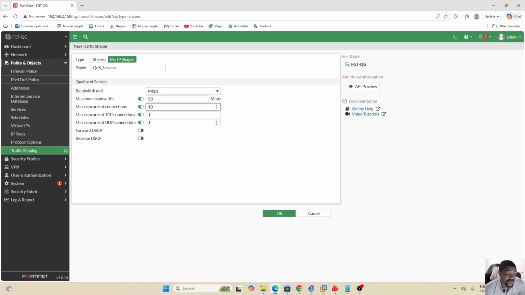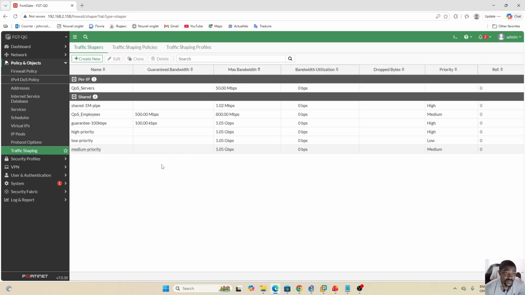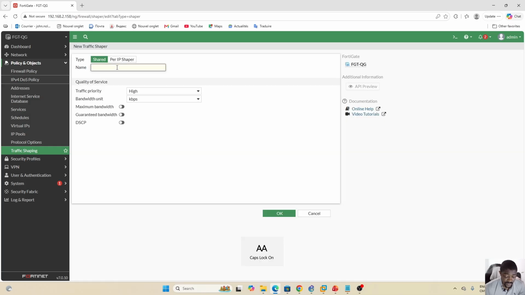You can also provide this information depending on your infra and depending on whether you have the information about this connection for your servers, for example. So here I'm not going to use this, so I'm good with the maximum bandwidth and the maximum concurrent connection for the QoS for servers. So I'll hit OK. Here I'll do the same with QoS